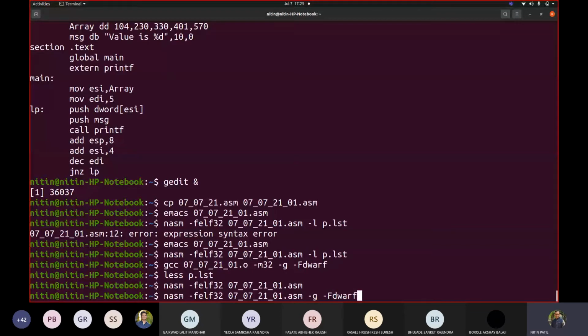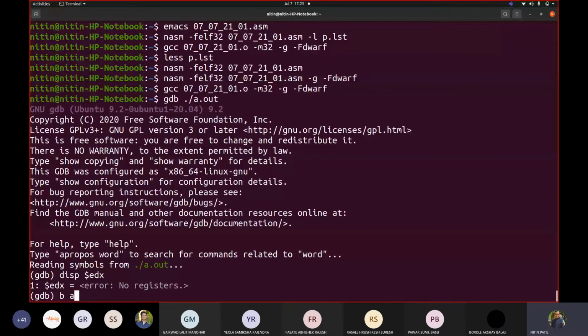Breakpoint main. Run. ESI, EDI. Now see, EDX is 0. So EDX became 0, and this mov edx also makes the value 0 only. There will not be any change. Correct.